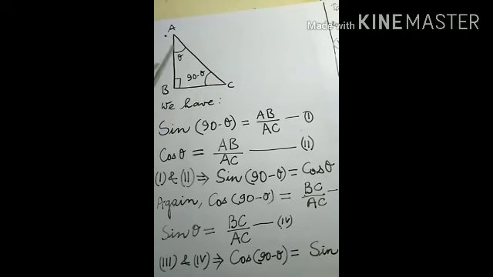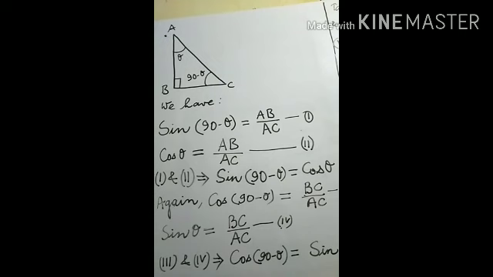It means these two angles are complementary angles, because if we subtract 90 from 180, what will be there? 90. It means the sum of angle A and angle C is 90. If this one is theta, then this will be 90 minus theta. Now we have to establish the relation between theta and 90 minus theta with respect to sine, cos, tan, cot, sec and cosec. So one by one we have to examine.